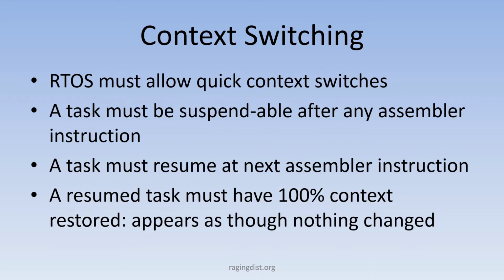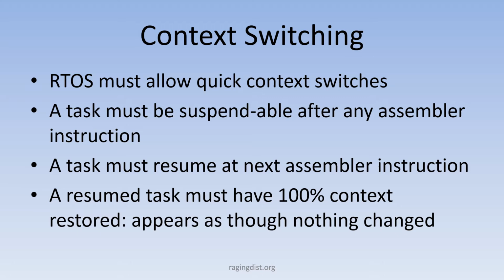So a context switch is when the RTOS switches out one task for another. And also with a thread, you could throw in an interrupt handler, an ISR or something, and the category of thread would cover tasks and ISRs, because an ISR is not a thread. But a task must be